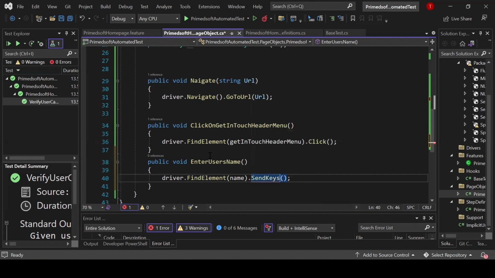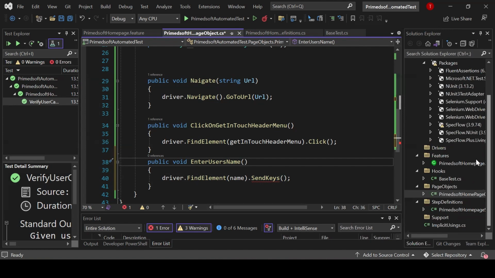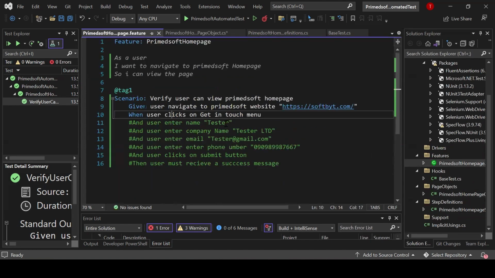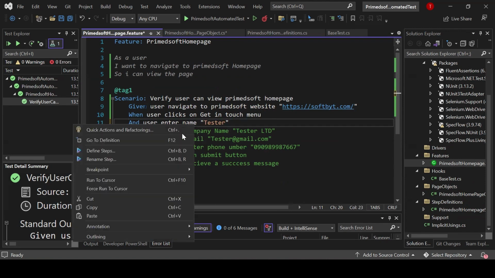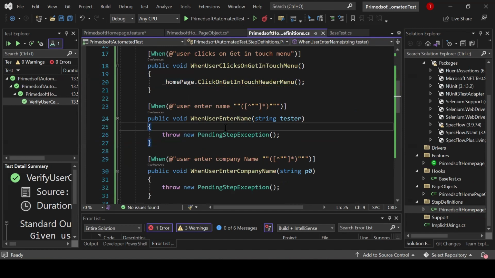You can use .sendKeys, and we are passing the name as a string from our step definition. Let me go back to our step definition so you see what I'm saying. So from our step definition here, oops, let me uncomment this one. Just this. So we are passing the name as a string here. You can see here. So because of that, on our page object,